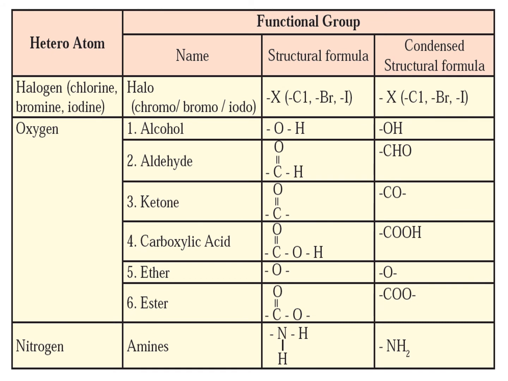Generally, there is a confusion between ester and ketone, and carboxylic acid and aldehyde. Last one is nitrogen. Nitrogen's name is amine, and the structural formula is NH on the side and H down, and in the condensed form it is called NH2. This is the structural formula, and the condensed form is, we just say NH2 group. When I say NH2 group, that means it is the amine group. When I say COOH group, that means the compounds are formed under the carboxylic acid group. So you will be studying this chart.